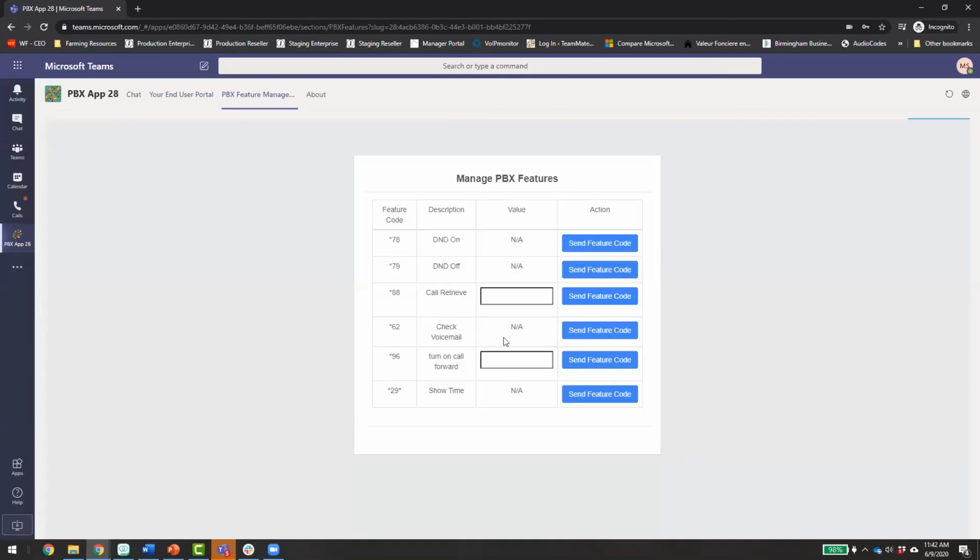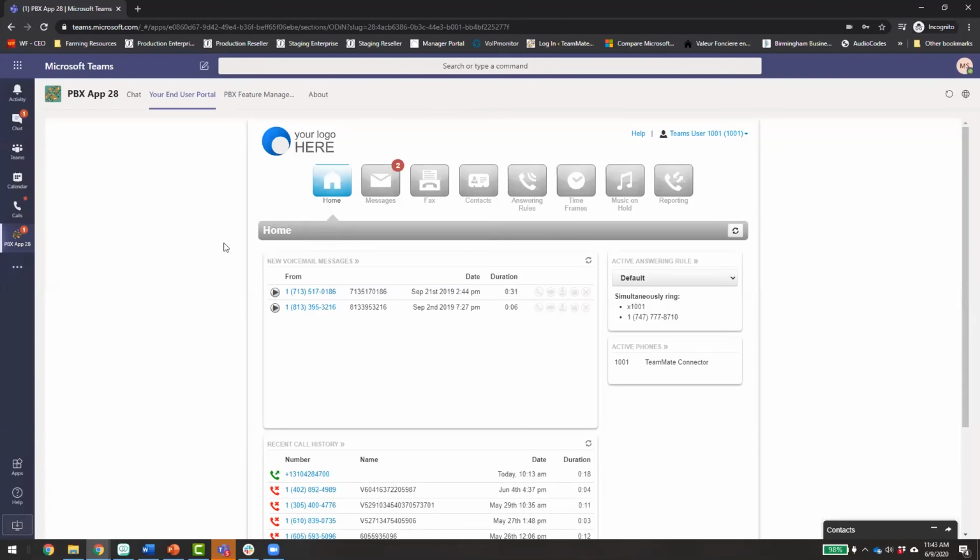And then finally, the PBX feature management page, which is getting an overhaul before we go to GA. So the idea is this user never has to leave Teams for calling or PBX management, or hopefully anything related to their relationship with the NetSapiens service you're providing.